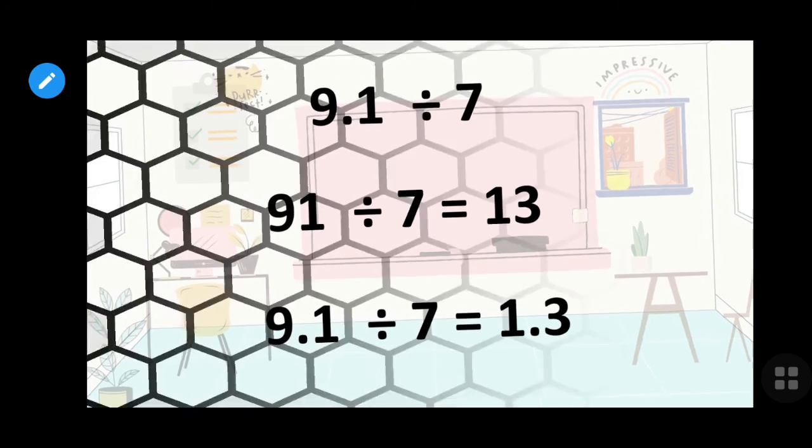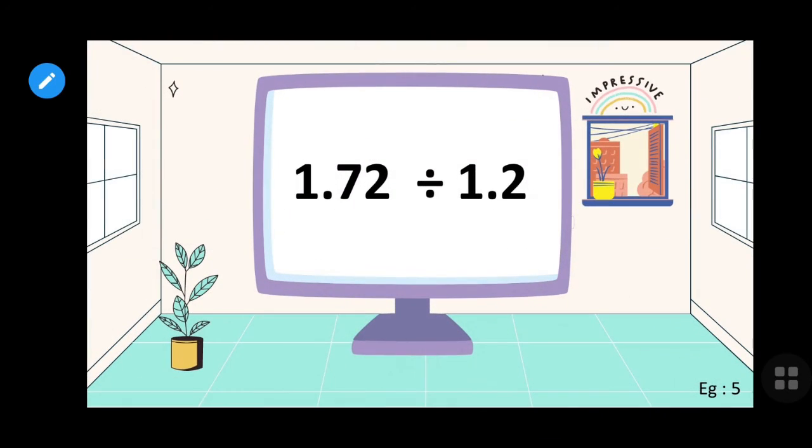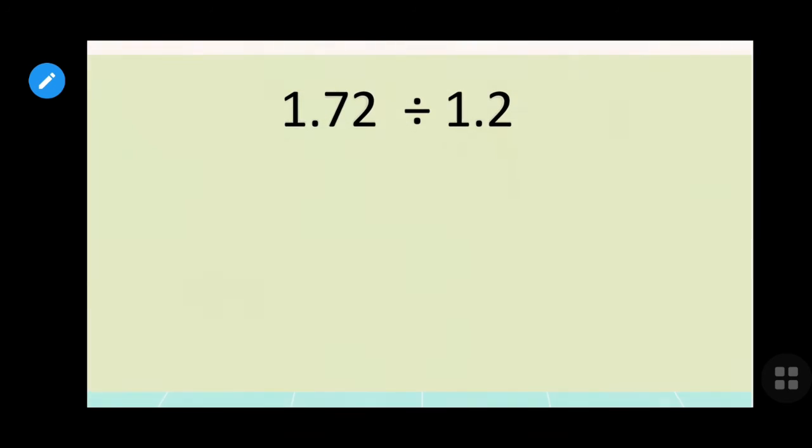Now we already saw a lot of sums from human beings. Now let's see the sum from this computer. It's 1.72 divided by 1.2. Here also the divisor is a decimal. Now we know and we have done several sums. So we'll quickly do this sum and we'll find out what is that small difference that we have in this